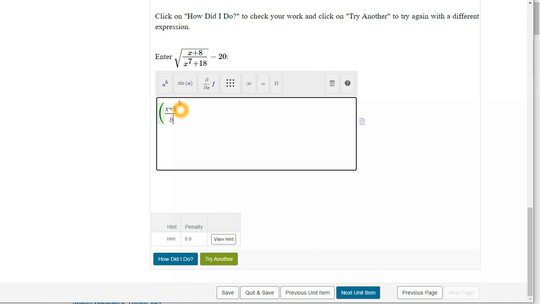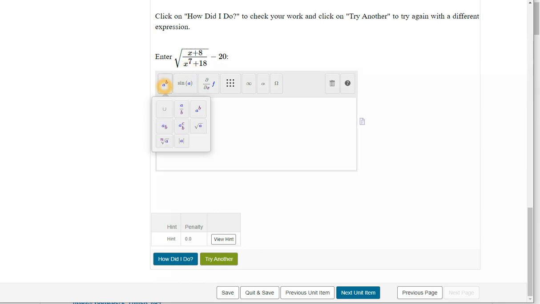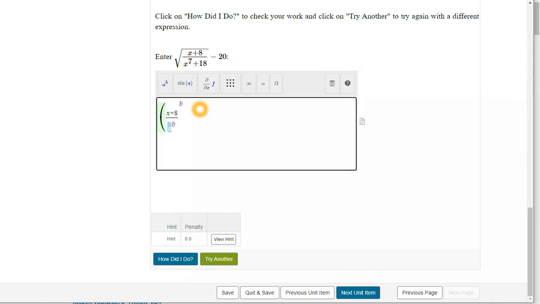backspace to get the b out of there. Then I need an x to the 7th. So a to the b, type in my x, scroll over, delete the b, type in my 7, scroll over to get it to drop back down again, plus 18, scroll over, close the parenthesis, there we go, and the b, scroll over again, it's going to take me up to the b, delete that,